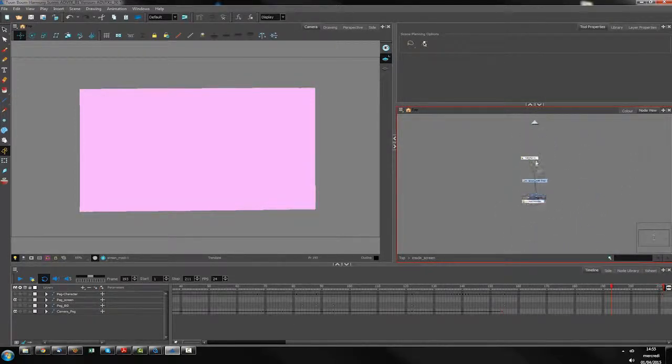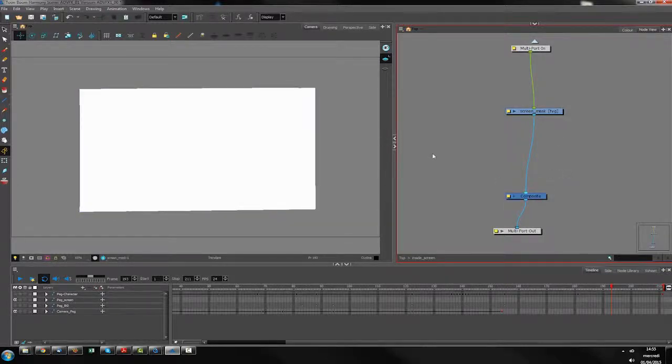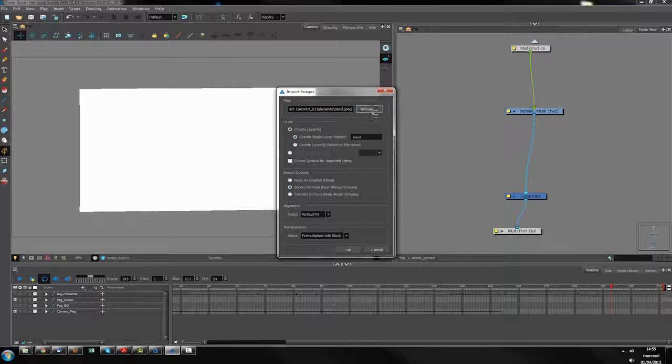So zoom in, zoom out. I use the arrow keys 1 and 2. Here is the screen mate, screen mask, my composite, multiple out, multiple in. And first step is to go and select